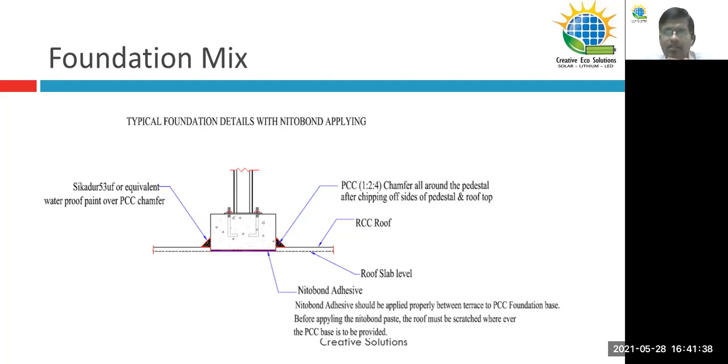And then we do a skirting all across the column, so that there is no water seepage. And during this, you should always use a waterproof chemical, could be from Dr. Fixit, so that you can arrest your water leakage. This is one of the examples, if the client allows us to rip the terracotta tiles. If they don't allow, then we have to do it in some other format. Maybe we have to do etching on the terracotta tiles and then put these pieces.